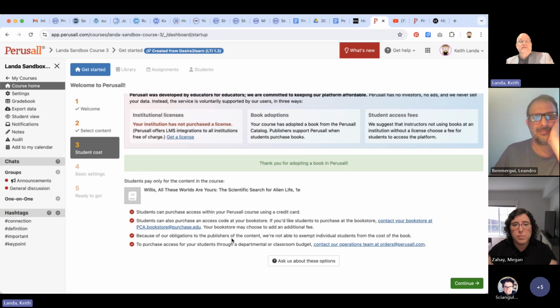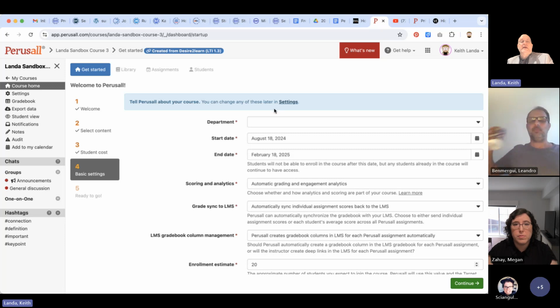If I hadn't selected it, there would be a little slider here for adopting a price. I think the default is like $15, which is a fairly standard access fee that you oftentimes see on a course that's using open educational resources, for example. In this case, because I've selected a text, they're not even presenting that screen. So I'll click continue, and then